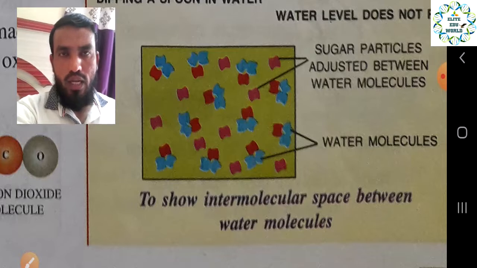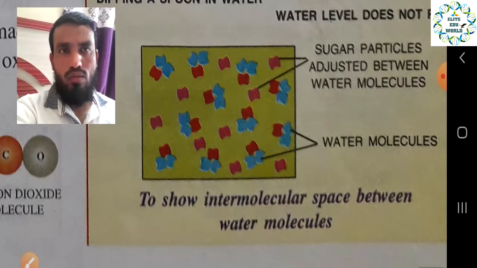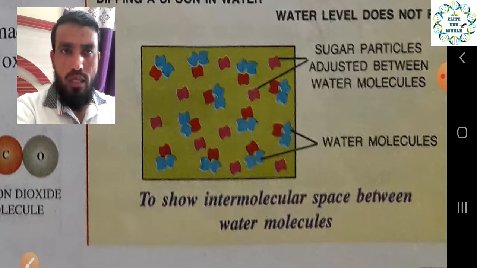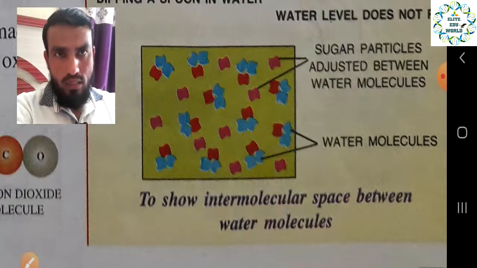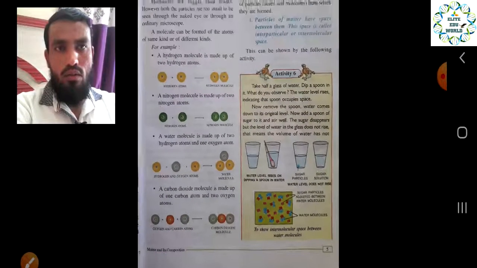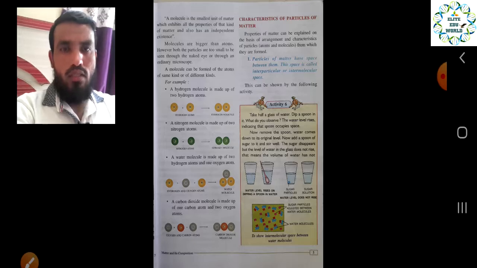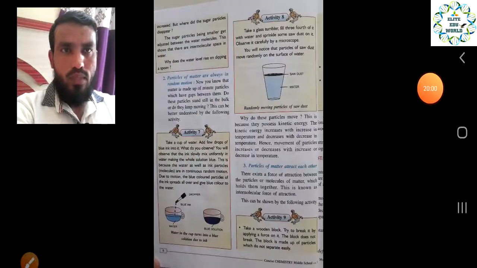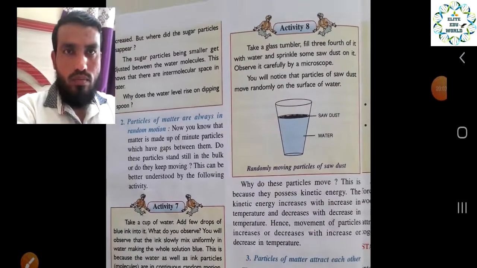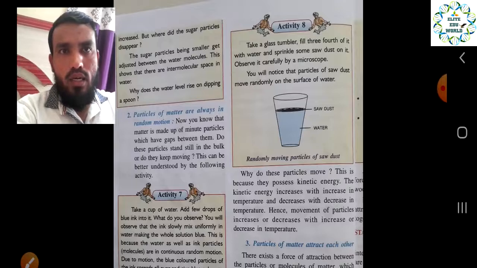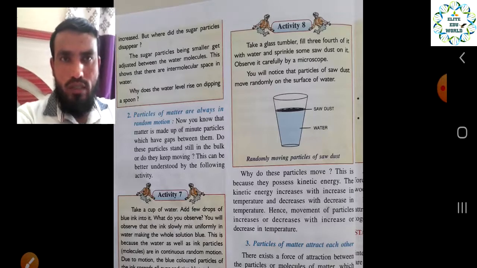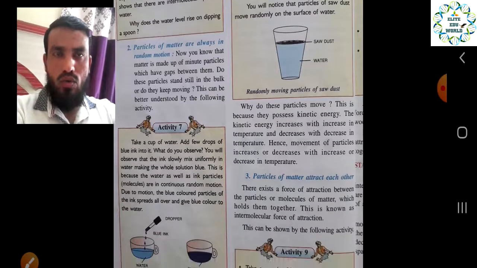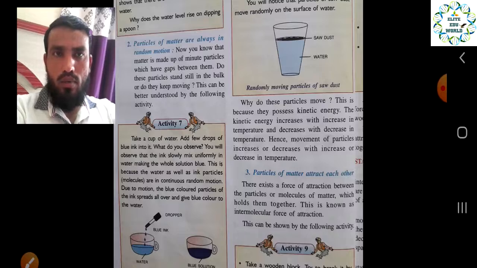In the case of a liquid, there is some space between the molecules of the water. So when we dissolve anything which is soluble, it will settle into the intermolecular spaces of the liquid, and the level will not rise up. That is the thing you have to keep in your mind. We will see the next slide next. When you put in a spoon the level increases, but when you put in the sugar it will not increase. In this activity we just want you to understand the spaces present between the